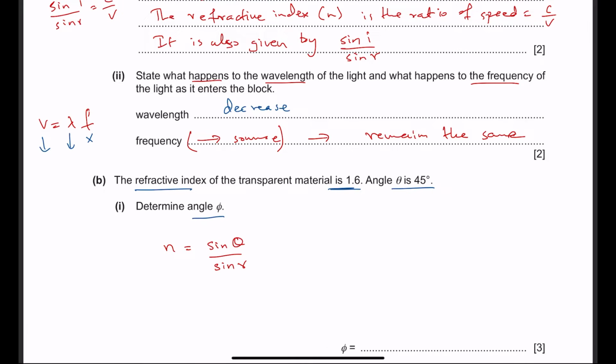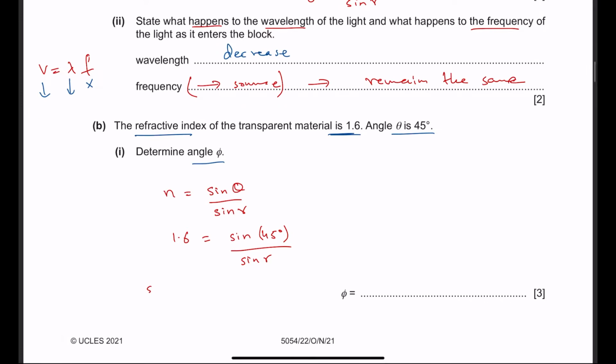Since the refractive index is 1.6, sine theta will be sine 45 and sine r is unknown. So I'm going to write sine r as the subject, and then we're going to calculate the right hand side. That gives me sine 45 over 1.6, and that gives us sine r equals